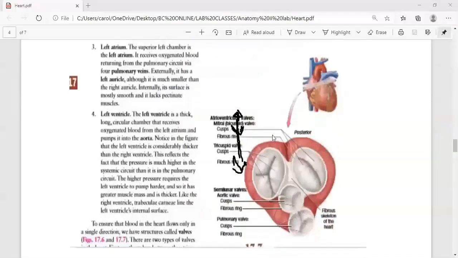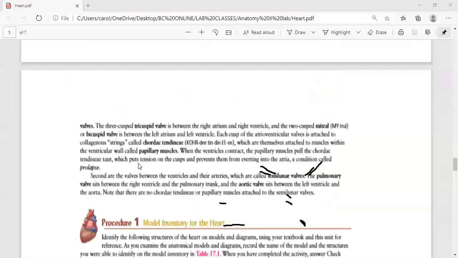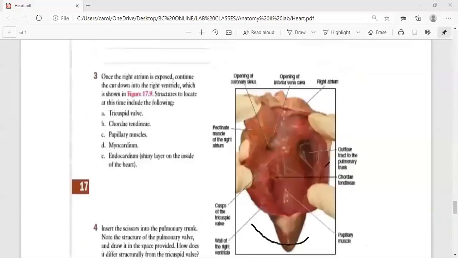Right here, you have the same thing, but from a different point of view, right? This is from the top to the bottom, where you can see here the atrioventricular valves, and this one right here are going to be the semilunar valve, right? So this semilunar valve is for the pulmonary, this semilunar valve right here is for the aorta, right? And this one is going to be obviously for the communication between the atriums and the ventricles. So if we scroll down right here, you will get a heart like this, and you have to cut it